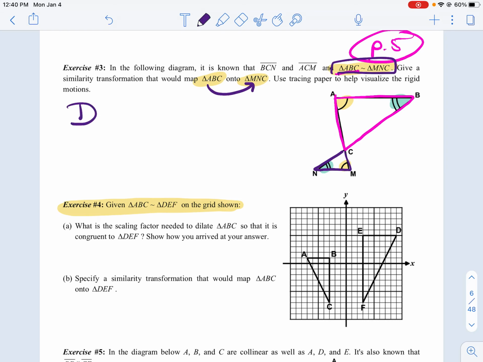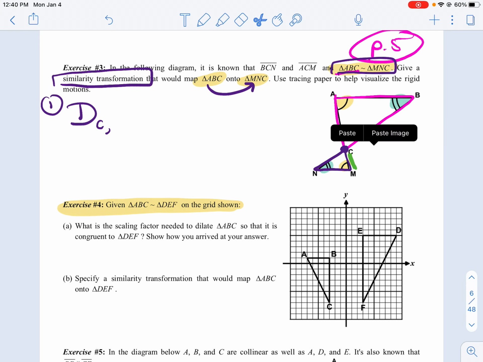Well, we know it's a dilation because it has this word similarity transformation. So we're dilating. Now, what point are we dilating about? Well, C, because basically they're opening and closing around C, right? So we're dilating about point C. And then what I'm going to do, and again, it might be easier to use a pencil, I'm going to take MC and I'm going to see how many of those,